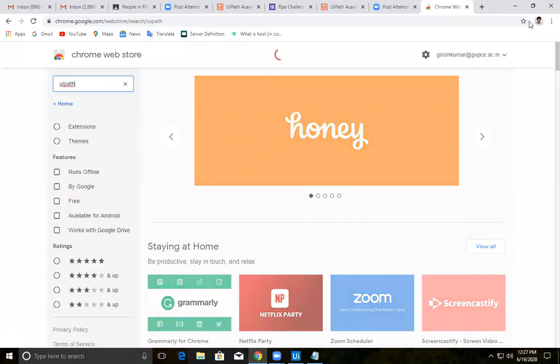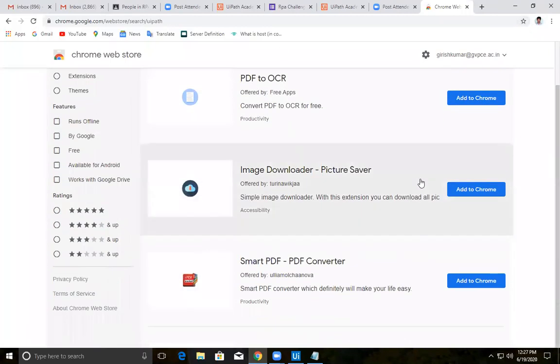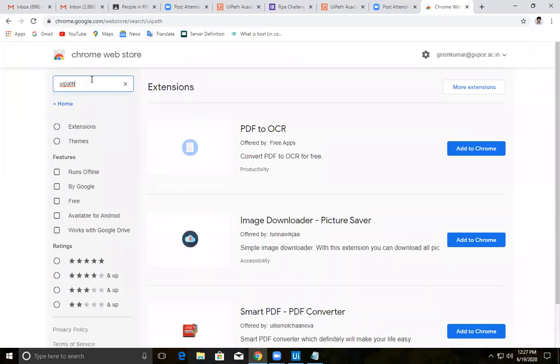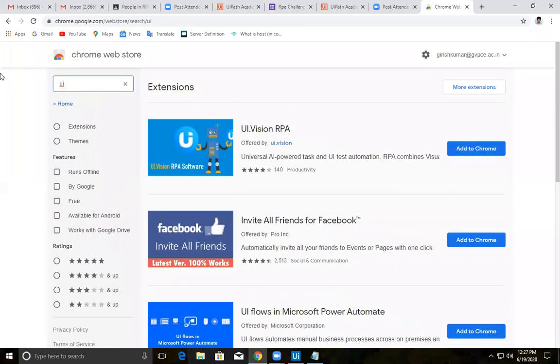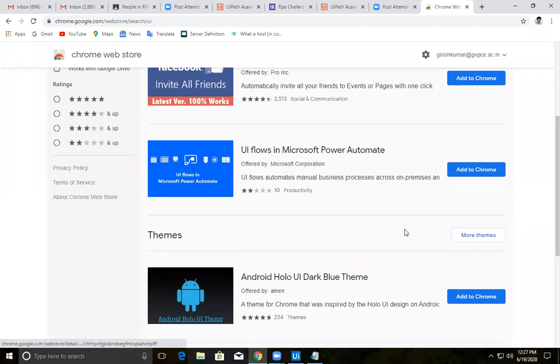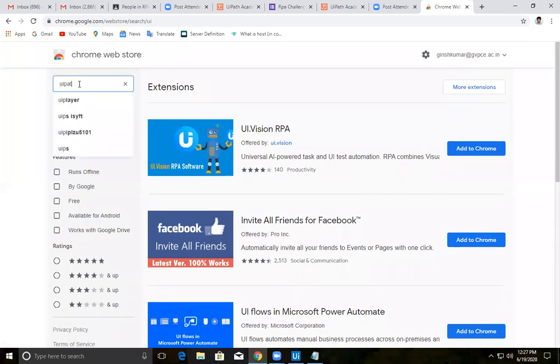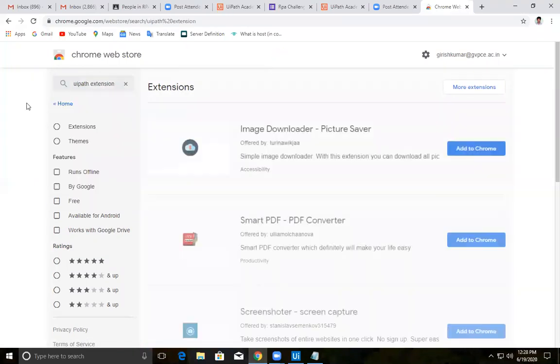You need to have the UiPath extension here. I guess it was not happening.